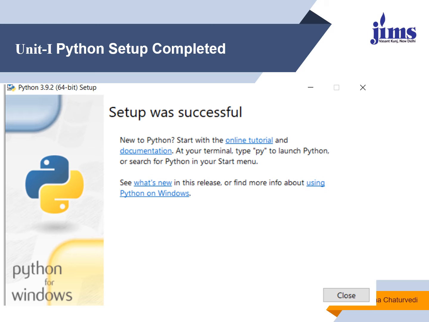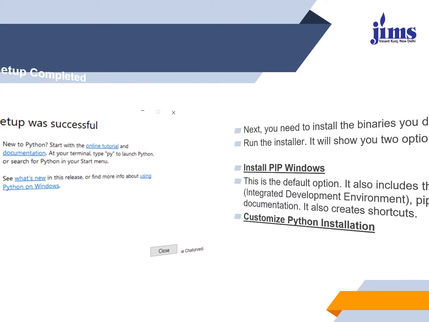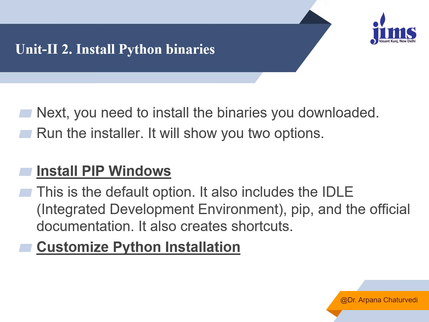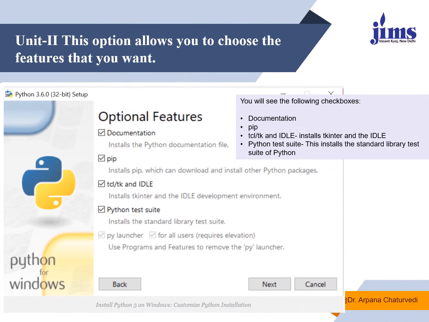Fine. Once the software gets downloaded, you will get an option that setup was successful. Then you have to close it. You have to move further on, and you have to install this PIP. This is a Python installation package, and you have to install it again through the official website only. Once you do this, you have to select all the options you will be getting at the time of installation of Python.